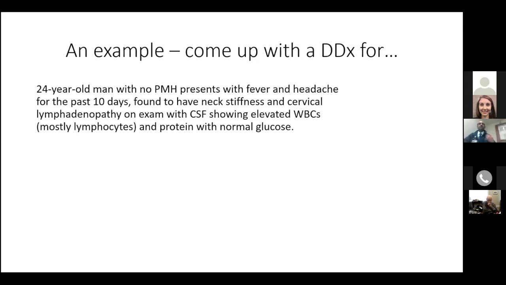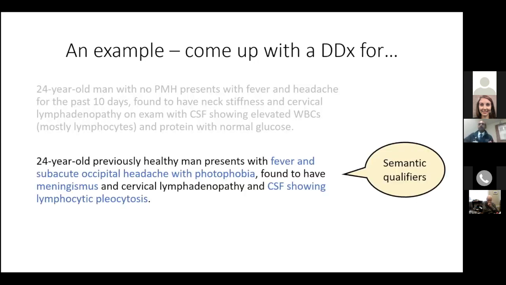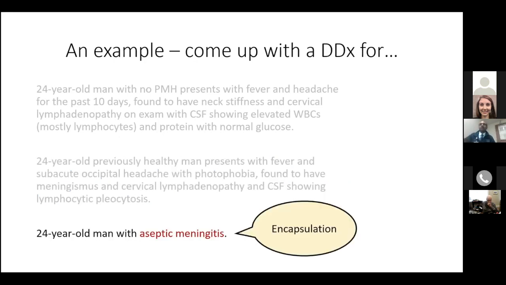Now let's just recast that same data using semantic qualifiers. This is a 24-year-old previously healthy man with fever, subacute occipital headache with photophobia, found to have meningismus, cervical lymphadenopathy, and spinal fluid showing lymphocytic pleocytosis. You already begin to understand the power of using these terms in a more translated way. And then you could go even further and encapsulate all of this data into a 24-year-old man with aseptic meningitis. And this allows you to assimilate other aspects of the case easily, which is what we do as